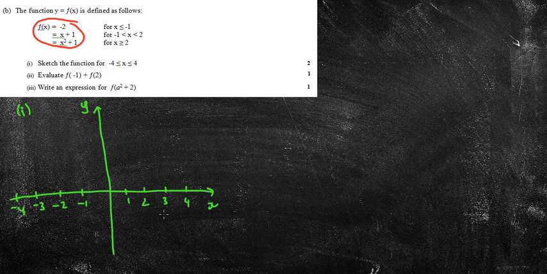For example, if I was asked to draw the graph of f of x equals -2, that means the same as y is equal to -2. Hopefully you might remember that that would be the graph of y equals -2. It's all the way across there. Now that would be the graph of just y equals -2. And I do need to draw that graph. The problem is I only want to have the values for x less than or equal to -1, which means I actually only want it from that point forward, which means that I'd have to delete that section of the line. So just so it looks nice on the screen,